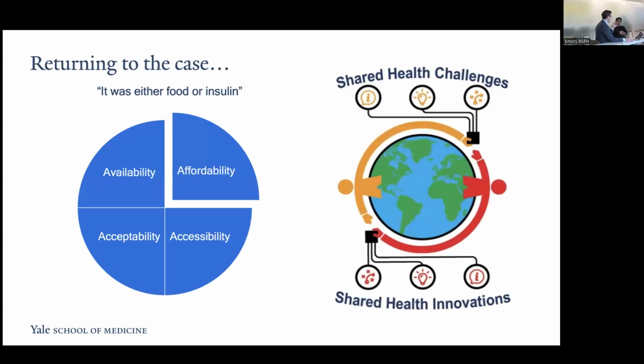So I wanted to just return to that original case where that patient with diabetes and ulcerative colitis was saying it was either food or insulin, right? And I hope that in this discussion, you're coming away with an appreciation for a way to think about access to medicines, but that this is important whether we're thinking about this on an international stage or here in this country. And then a lot of the issues and challenges faced globally are also faced domestically. And that's sort of been the theme of my own work. And I think it's important for all of us to be cognizant of that.